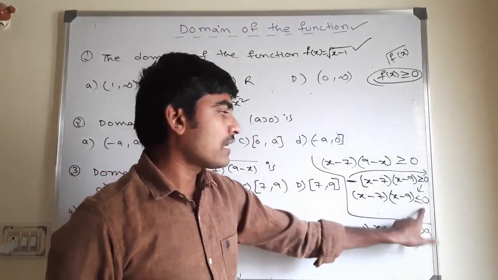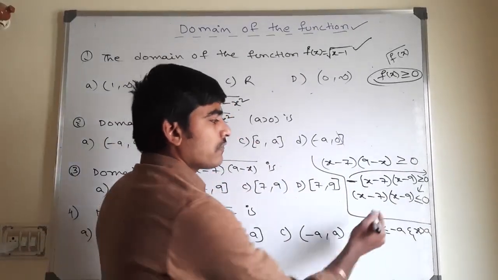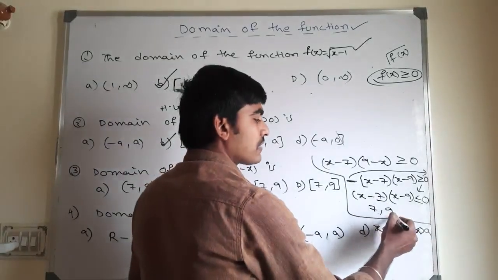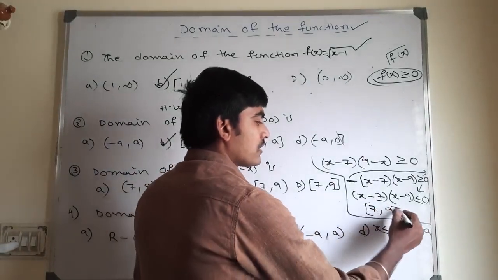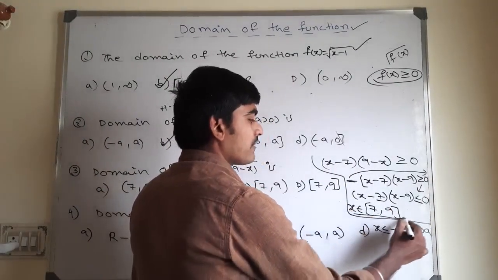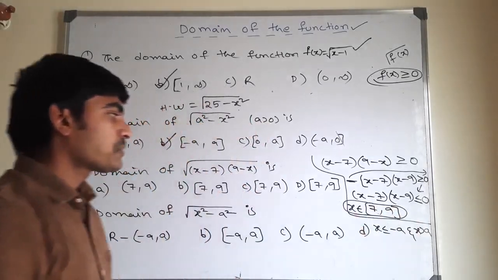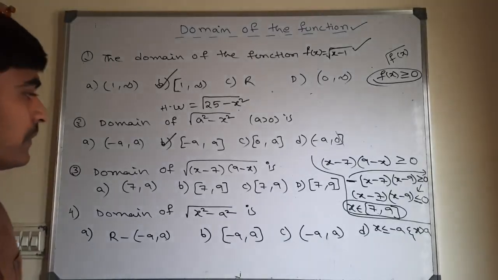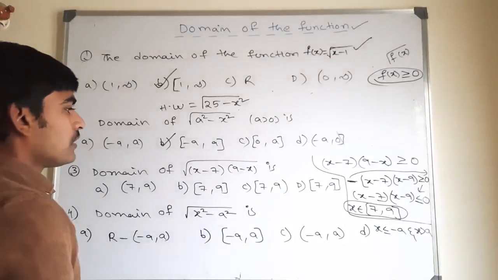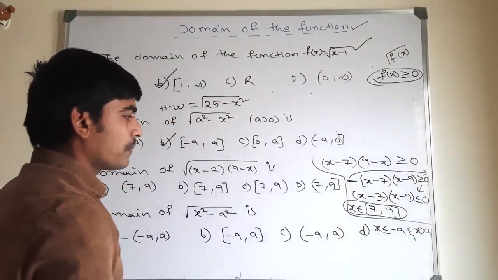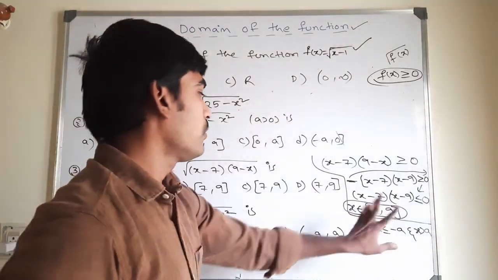Now from this one, what is the small value? 7. So 7 comma, the big value is 9. What interval? Closed interval, because this arrow is there. So x belongs to [7, 9]. Which option is correct then? The closed interval. But many options I have written, so let me change this option. This is open, so both should be closed.